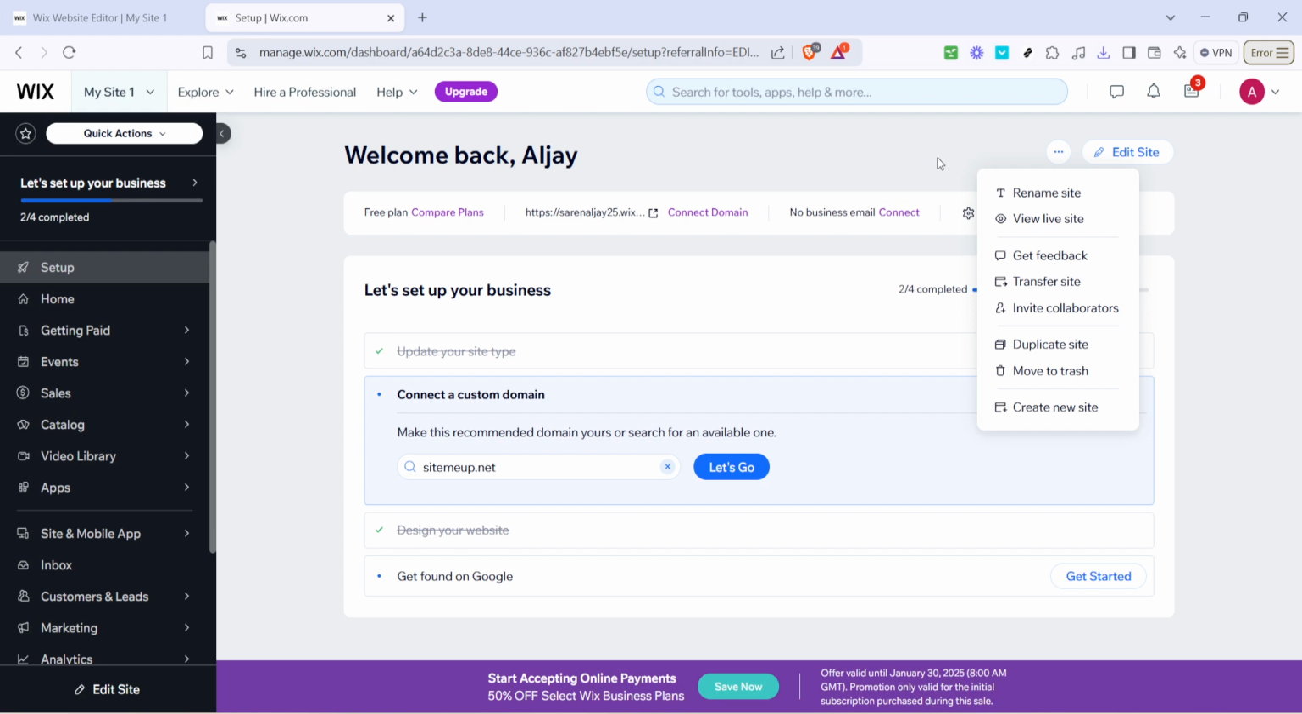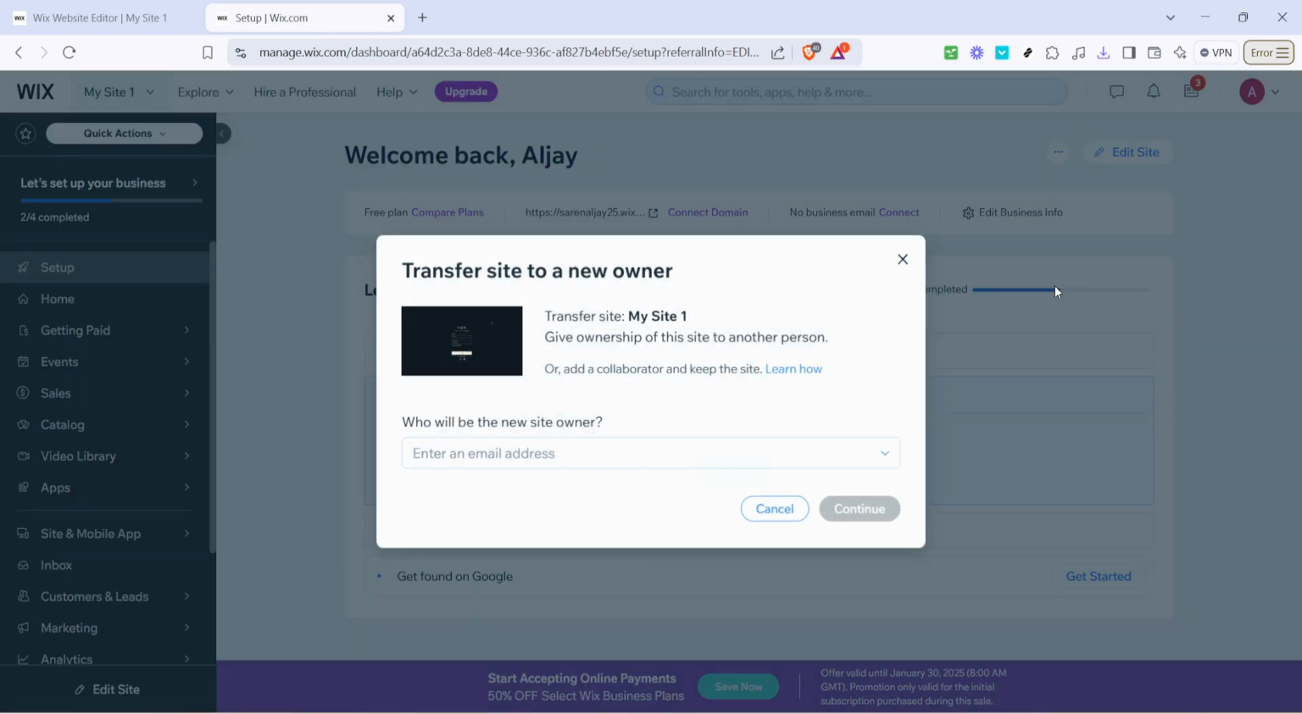Within this drop-down menu, find and select the option that says Transfer Site. Clicking this option will take you to another page where you can set up the transfer details. This is where the actual transfer process begins, so make sure to have all the necessary information from your client